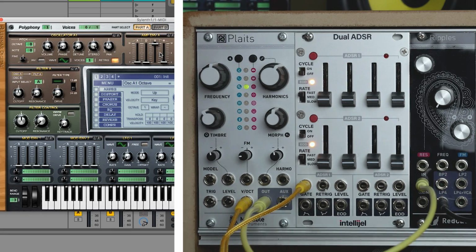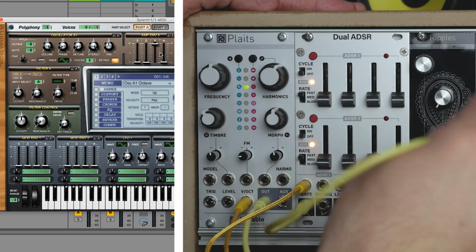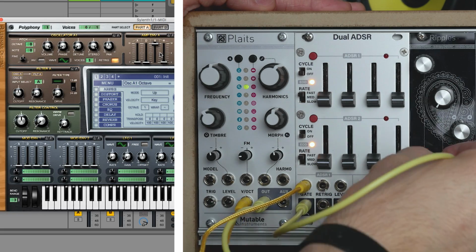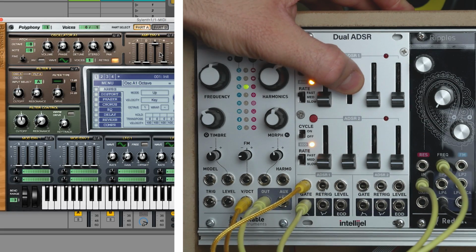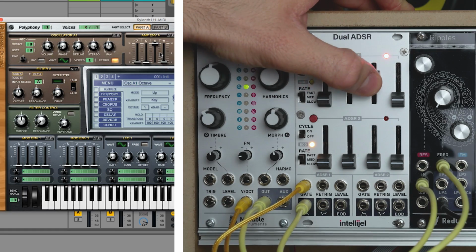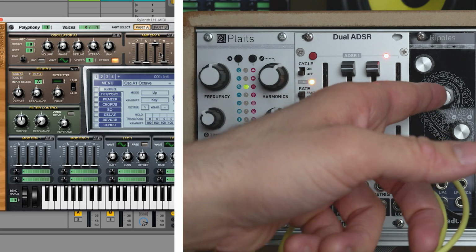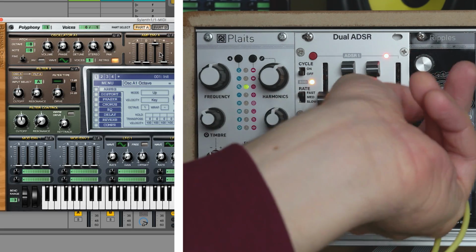So let's take another patch cable. So as long as I keep the button pressed, the filter is completely open. So it's like this.